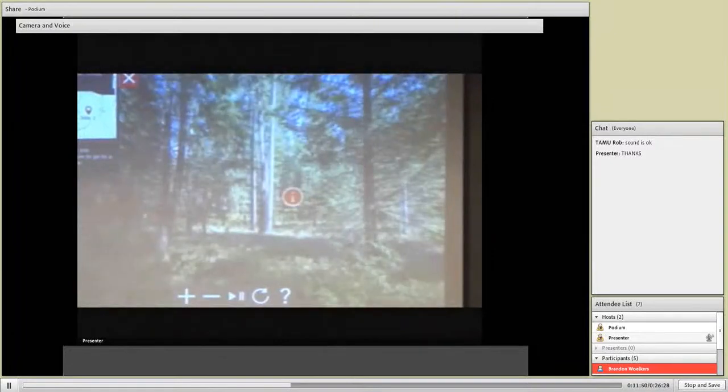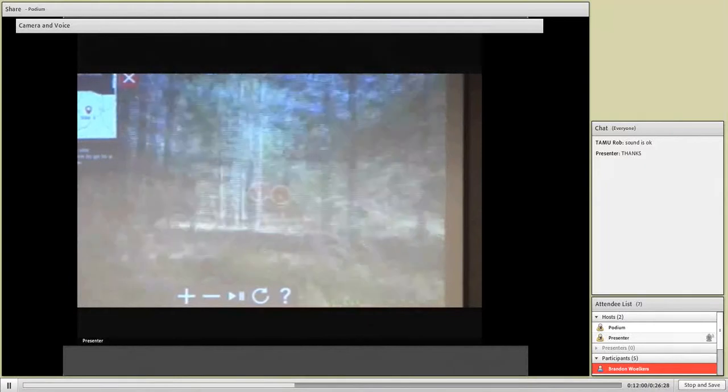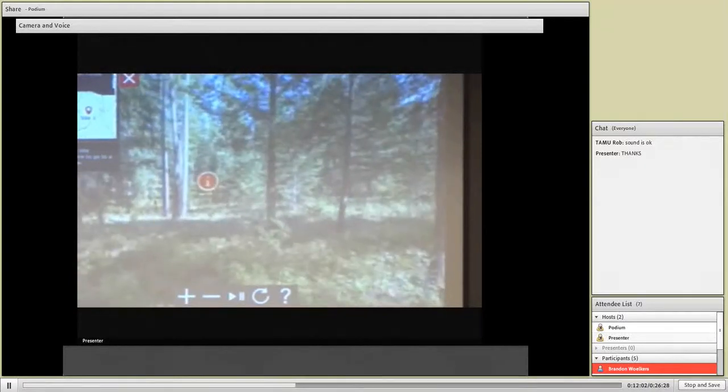Actually, we've done 2 of these, and we're working on our 3rd. We also have video that just floats out there. So it's like a little TV screen that's floating on a tree. And as you sweep by and you want to take a look at the video, you punch the video and it plays.